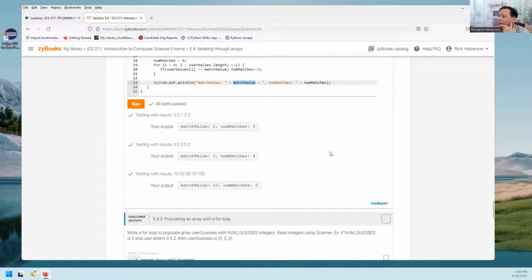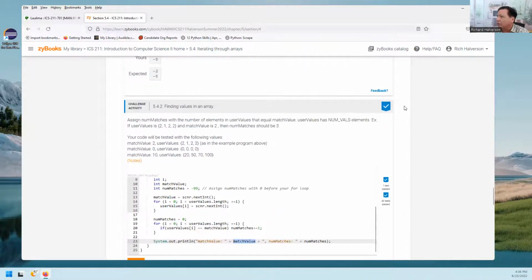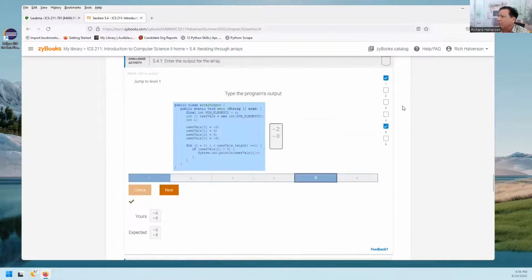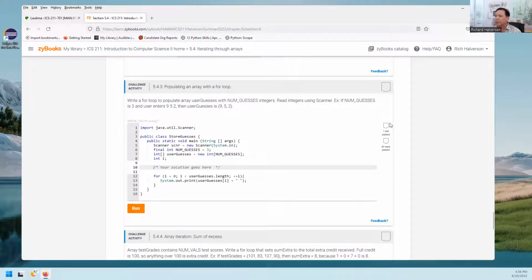Oh, I got all the tests pass. Look at that. Nice blue check marks there. All right, that's good. I went and told you the answer, but that's okay. Write a for loop to populate the array. Read the integers from scanners. If num guesses is 3 and the user enters 952, then user guesses is